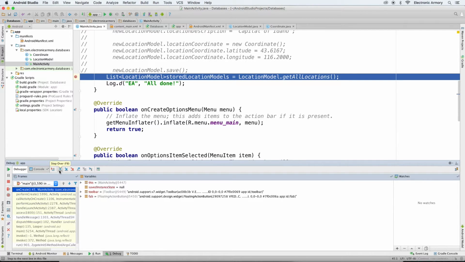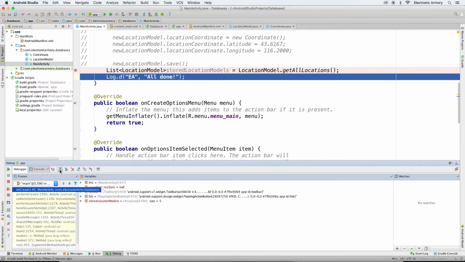particular line of code. If we hit this button here to step over our code or hit F8, the debugger will execute this line of code and assign our data to the stored location models variable. We can choose to step into this function, which means we can actually look at the code and execute all the different lines of code in getAllLocations and get a little bit more detail about how that works. Well, we know that that's only really one line of code, so we'll skip over that and just hit step